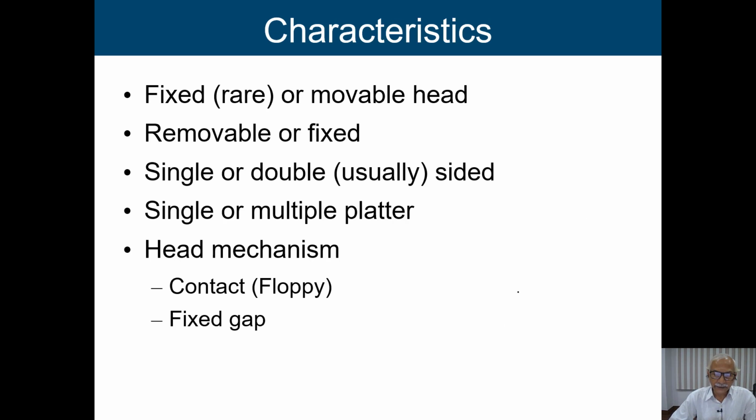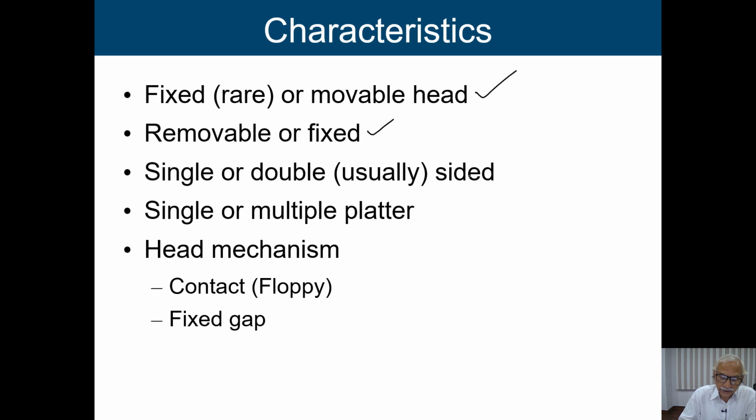Now, what are the characteristics of the disks? It says that the head is fixed or movable. So the head may remain fixed or it is movable; we will see these things. The disk pack is removable or fixed. That means it is a fixed surface, or in some disk packs you can remove it and put in a new disk pack. So in the drive you are putting a new surface, and you can store new information.